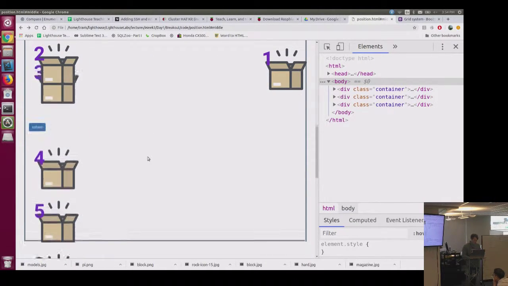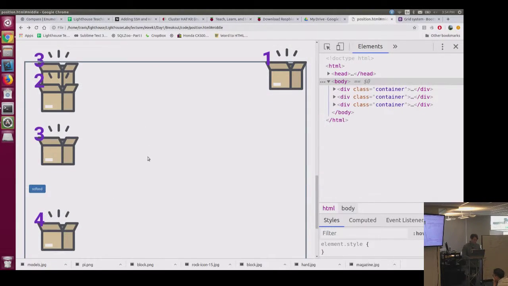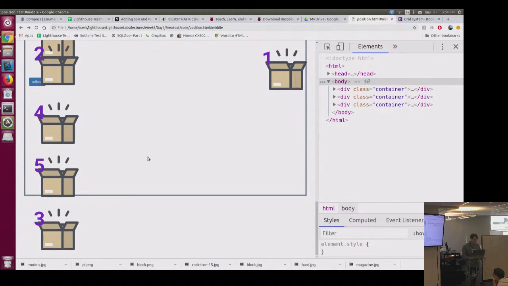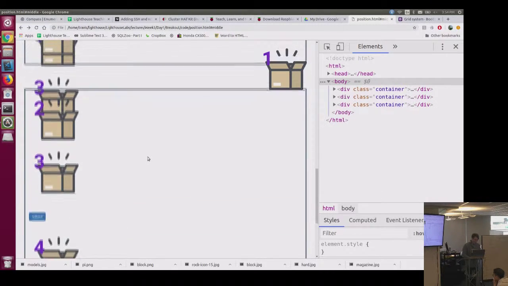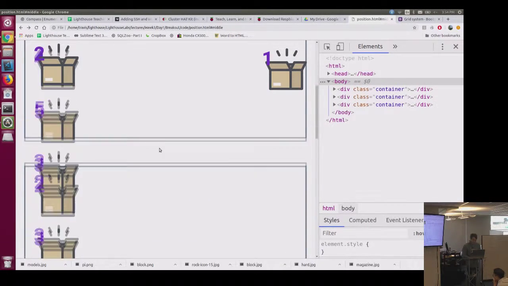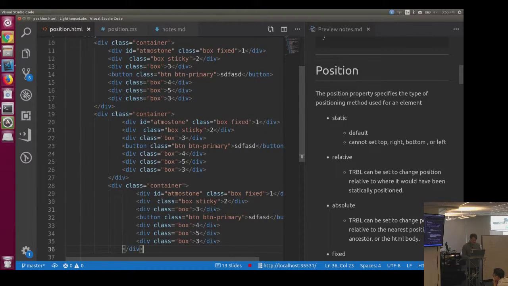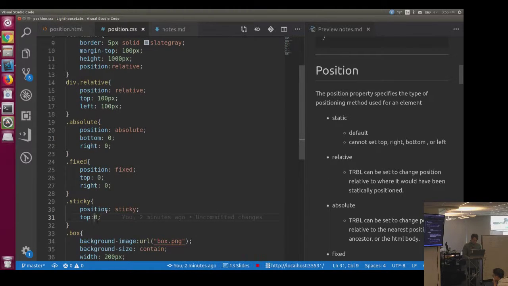And then we pick up the next guy. We're going through, and then we drop them off, and then we pick up the other one. So this is maybe ugly looking, but if we had nice headers and content, it would be pretty cool. The other option with sticky is if I don't want to pick it up on the top, and for some reason I want to do the reverse and pick it up starting on the bottom, I could give it a